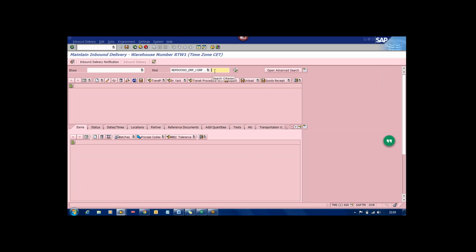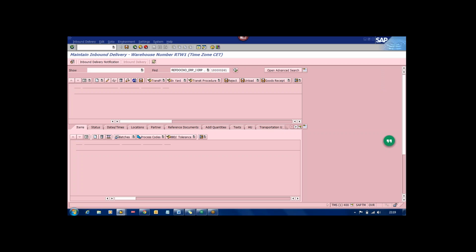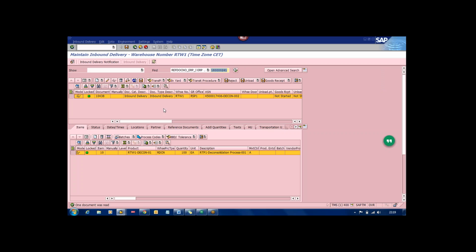Select ERP document and then execute. When you execute it, take the goods receipt. You can also see the HU number over here. Okay, HU number. Take the goods receipt